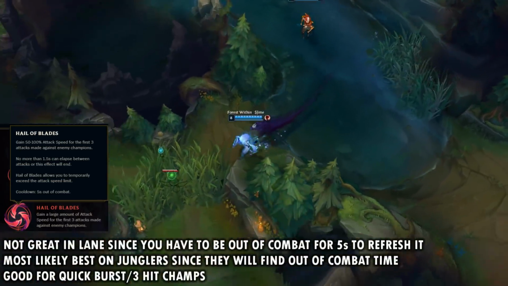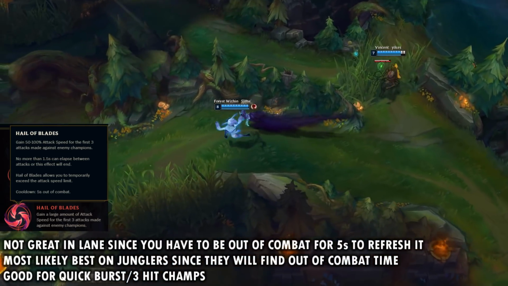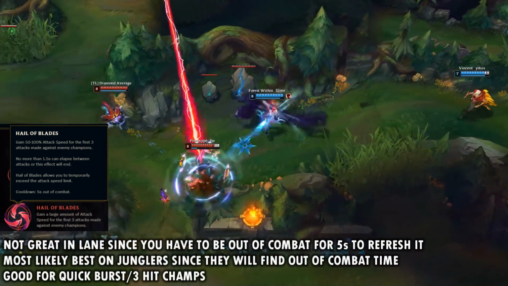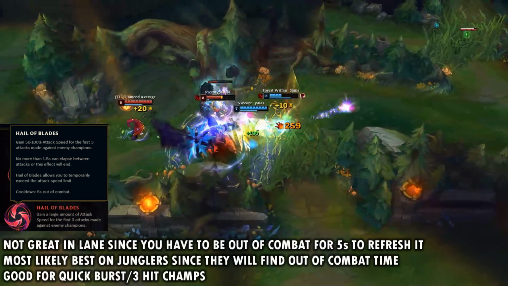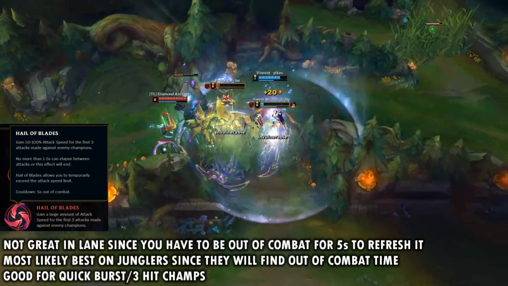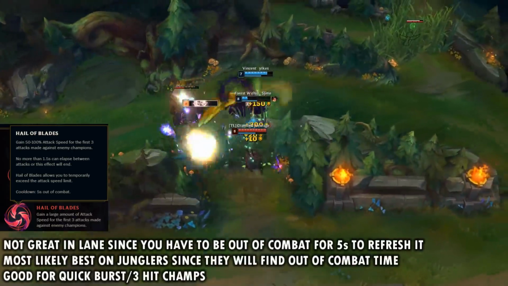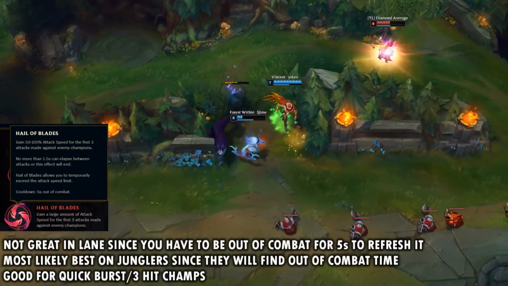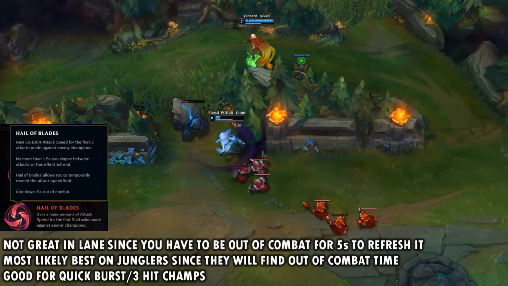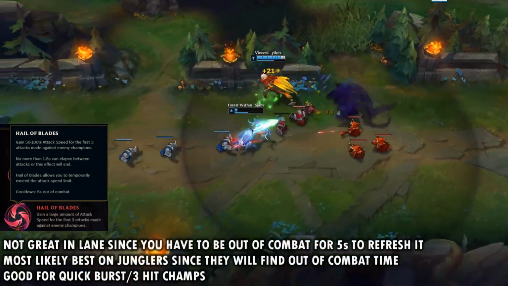champions. I think it can be a little bit more viable on top lane champions, mainly because I feel like in the top lane, you are going to find situations to where you will be able to go out of combat for 5 seconds more so than in the bot lane. And then in the jungle, this is probably where the rune is going to be used the most, just because junglers are going to have that out of combat time, and therefore you are always pretty much going to have Hail of Blades up when you're going in for a gank or if you are looking to duel an enemy